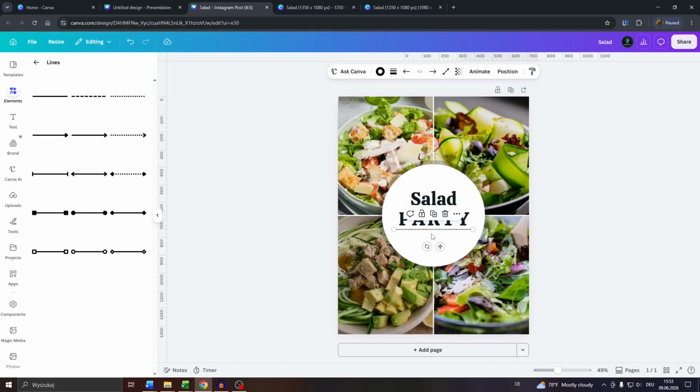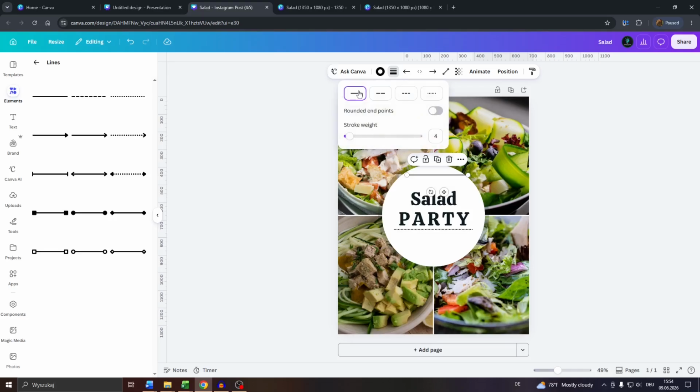There's also the option, guys, to customize a solid line like this and to convert it into a dotted line as well. So left click into it, position it. Let me position here above the title, and then you will see these line customization or formatting options at the top. So click into stroke style and switch from solid to dotted, and then you may also customize the stroke weight. For instance, if you'd like to make these dots larger or smaller,